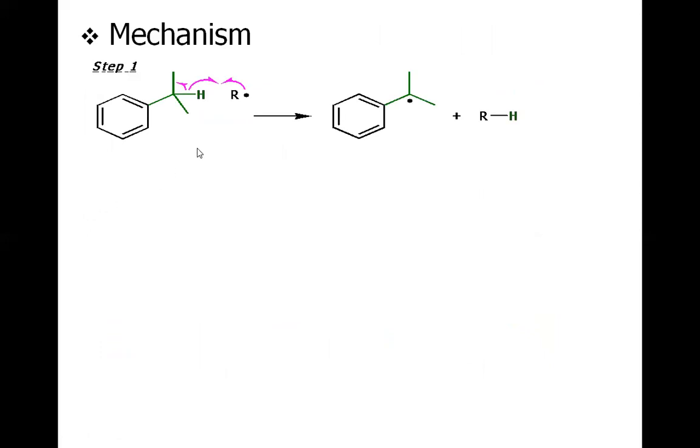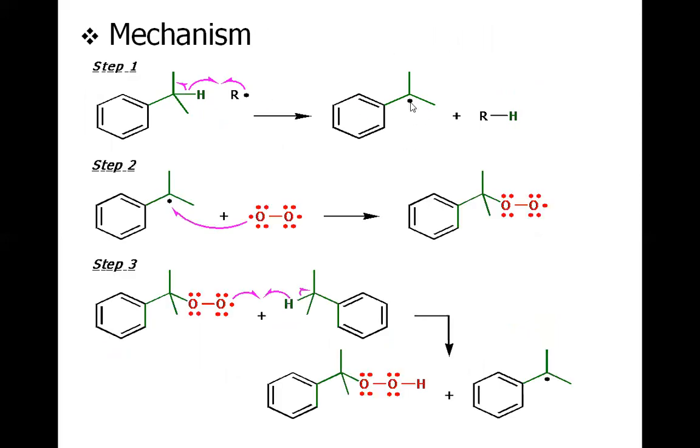So let us discuss the mechanism of this Hock process. First of all, there is radical generation at this benzylic position, the benzylic carbon, to have this benzylic radical, and then this benzylic radical will be captured by this oxygen, which is a diradical, and then this radical of this peroxide, the benzylic peroxide, will abstract the hydrogen